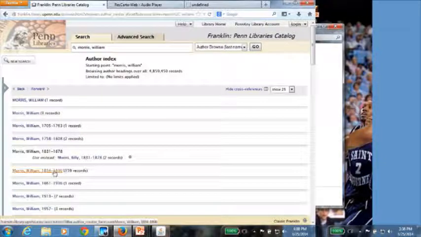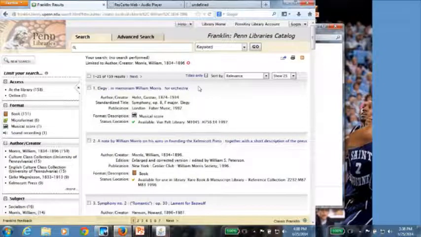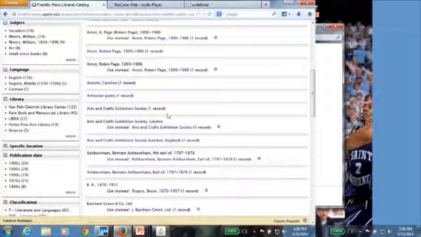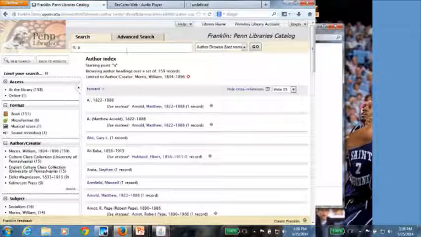So let's take a look at William Morris. Now let's browse authors associated with William Morris, and you'll see we come up with an interesting list of associated authors, including the cross-references and whatnot. And so that's enough of that, I guess.